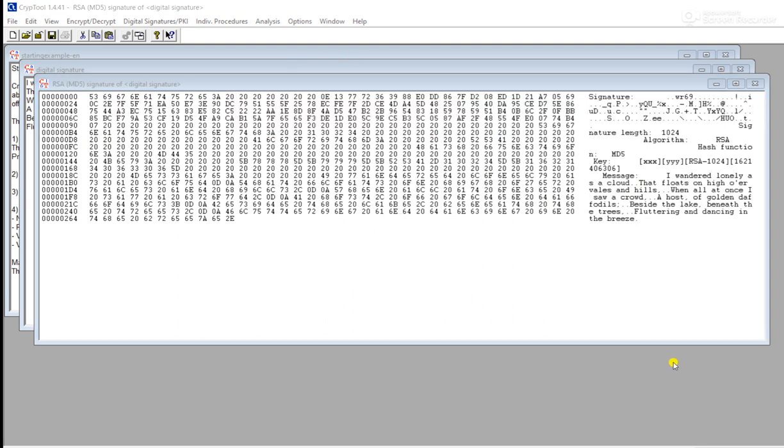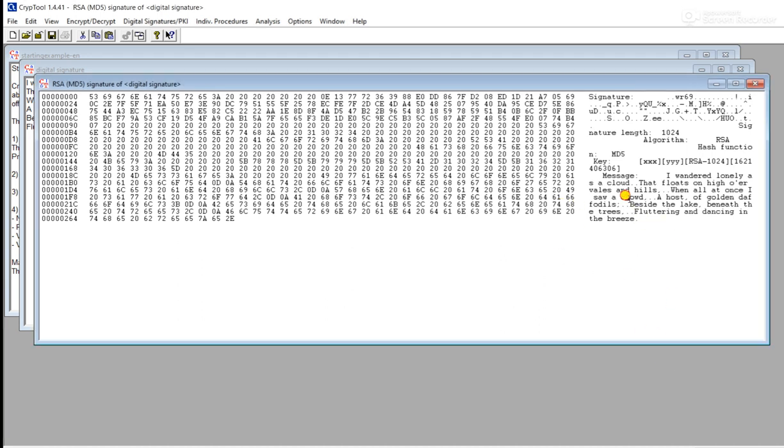Now once the document is signed, we need to verify the signature. How can you verify the signature? As I have already told you, with the help of hashing at the receiver side, you can compare the message digest that is sent along with the message, and you can apply the hash function on the message. You are going to compare them. If the contents of the message are intact, then the digital signature will get verified successfully, and if the content of a message is slightly changed, then it will not be verified.